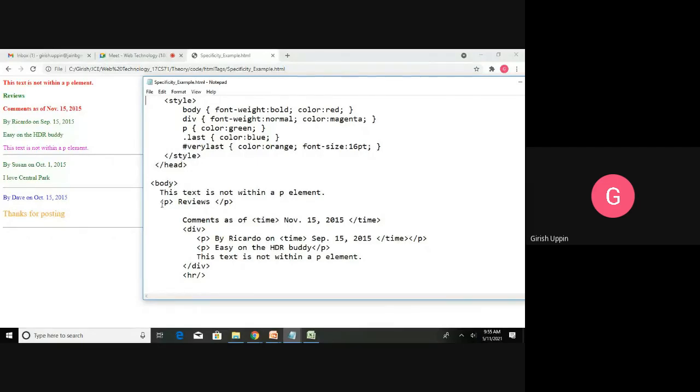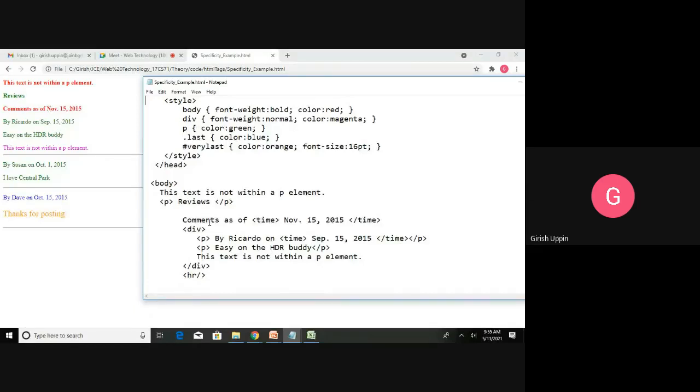Next we have the paragraph. This paragraph is inside the body. For body we have bold and red. For the paragraph, if you see, there is no font weight, so font weight will be inherited here. That would be bold, and color will be overridden. Paragraph has green, so how will the paragraph be shown? It would be shown as bold and green.